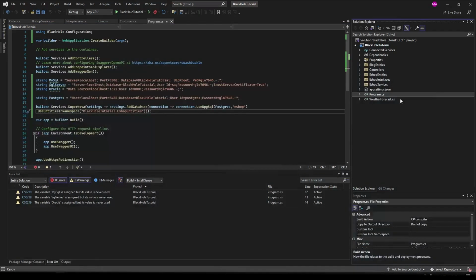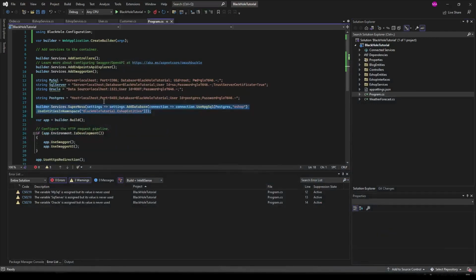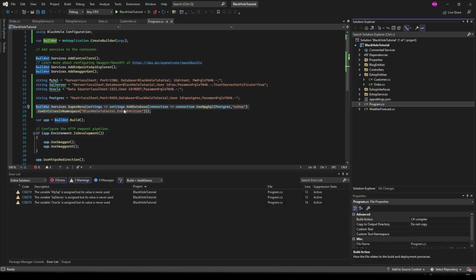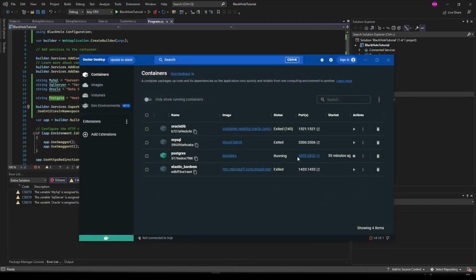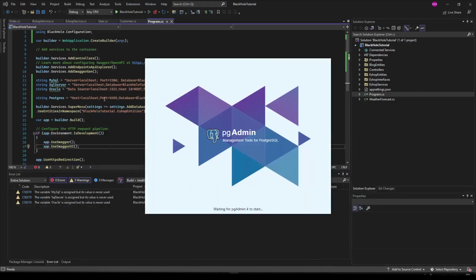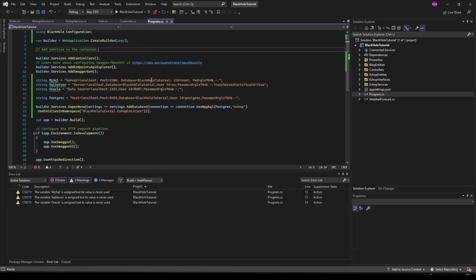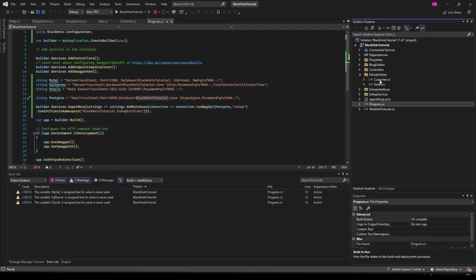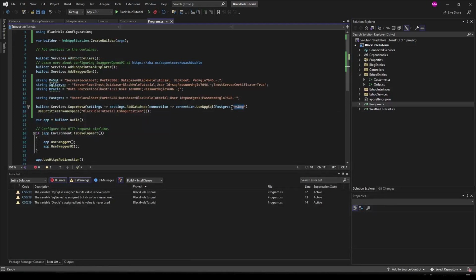So now we have our configuration ready. This is our configuration for the BlackHole, and we also have some entities, and we have said to BlackHole to use only this namespace, and we have the connection string here, and our database here is running. The Postgres database is running, and now we will just open the pgadmin. All right, and then I want to run the application, and we can see what happens. We are expecting to see a database named BlackHole tutorial to contain two tables, one table customer and one table for the order. And also we expect to see a schema that is named